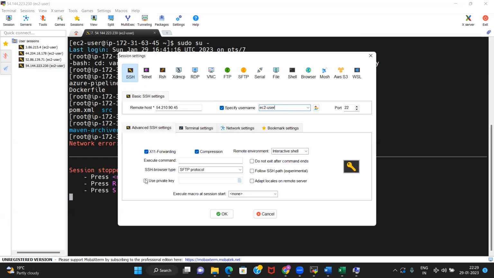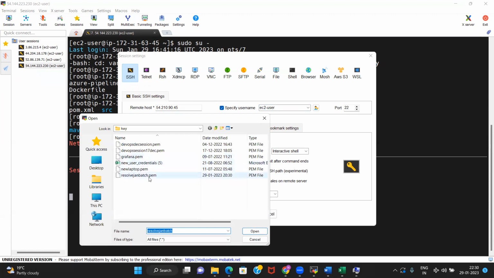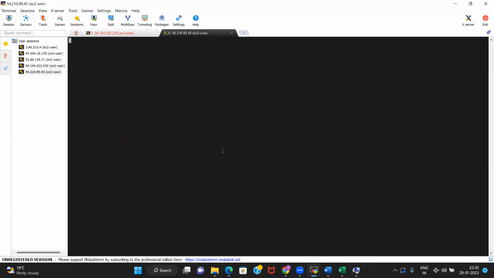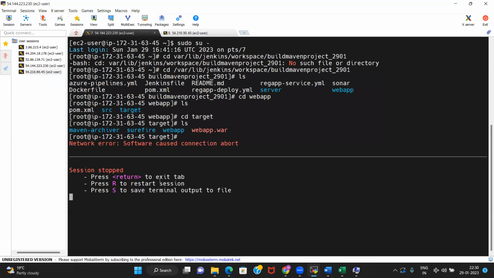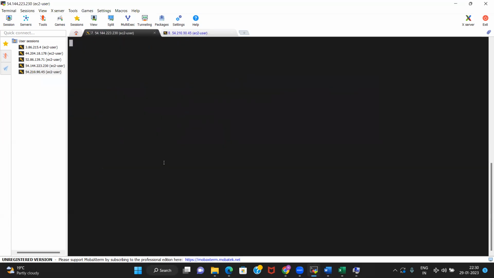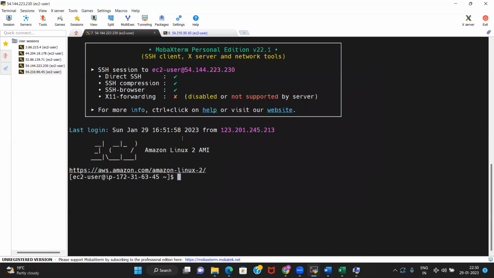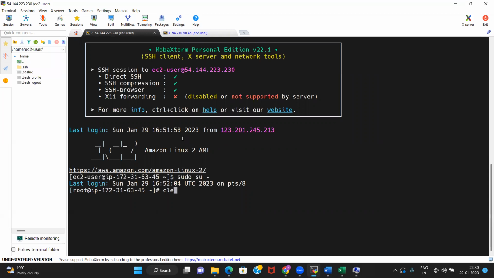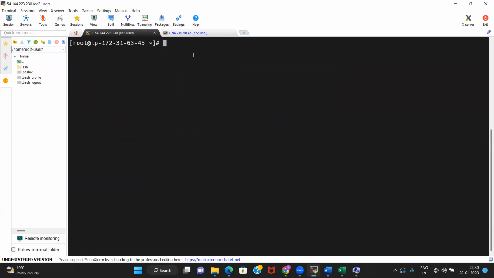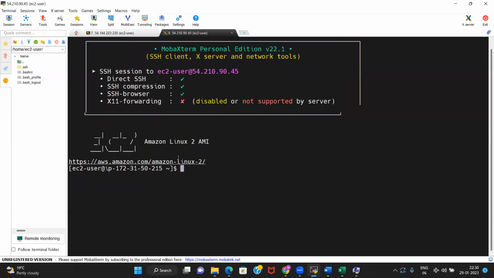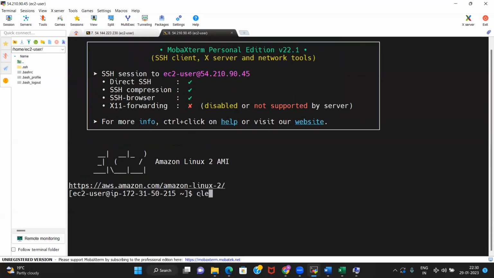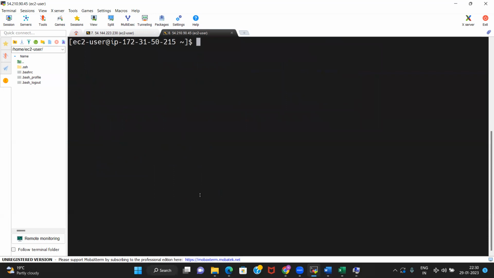Advanced SSH setting, use private key, and we will be using this one. We selected this one.